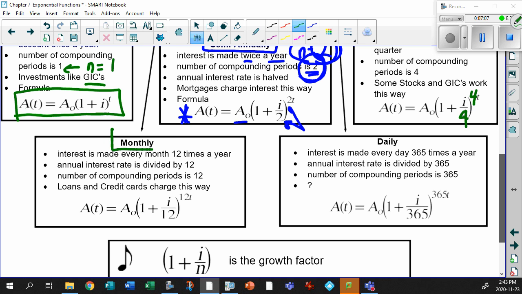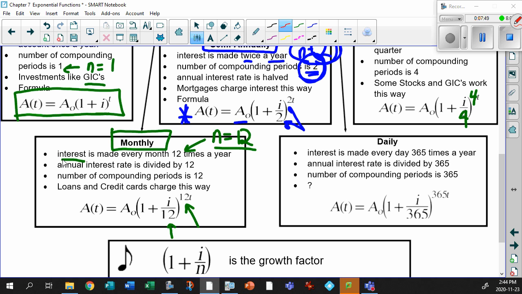Okay, let's go on to this one. Monthly, this is the killer. Monthly would be something like your loans and your credit card payments. If you take out a loan from the bank, you're going to be paying monthly. If you're taking out a credit card, you're going to be paying monthly. And that expense could be pretty nasty because then your interest is made every month, 12 times a year. So you look at this, your N works out to be 12. Sure, you divide the interest rate by 12, but you also multiply the compounding periods by 12, and that's what gets you. That's one of the reasons why credit card companies like this so much, because this is a chance for them to make the most amount of money.